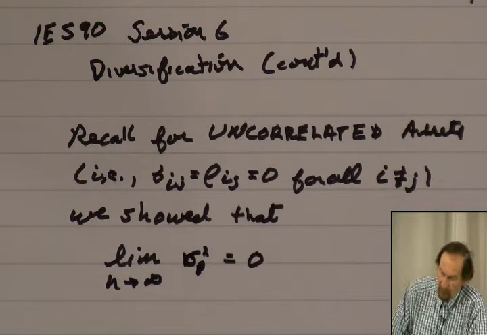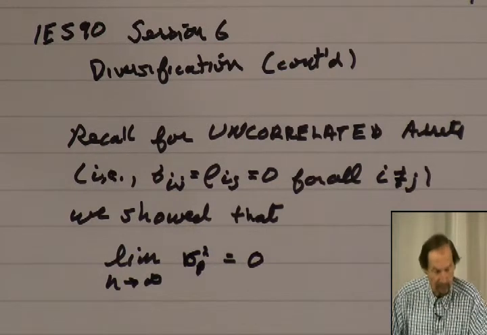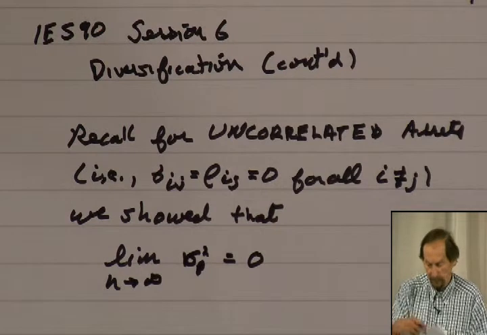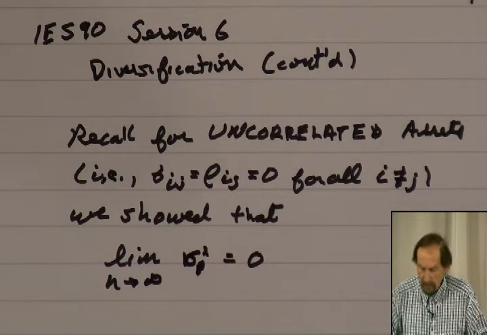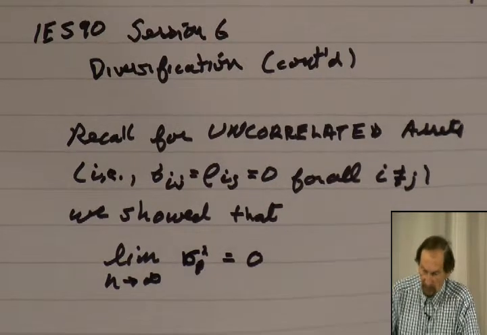Remember, we had that 1 over n term there. That was really easy to show, because the second term dropped out on the right-hand side, the one with the covariances. Now, let's look at